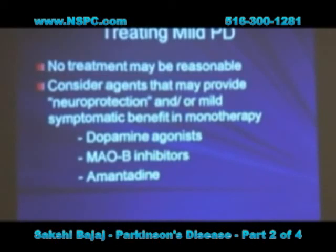And if at the first visit they have mild Parkinson's disease, but they feel that they're not able to function as well,